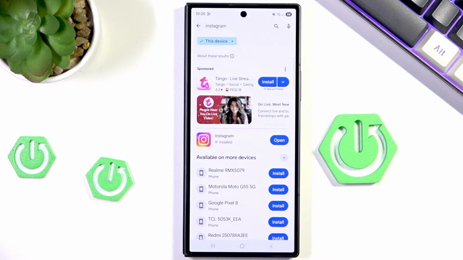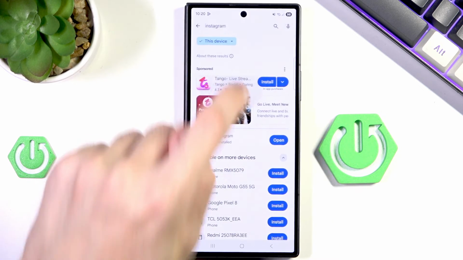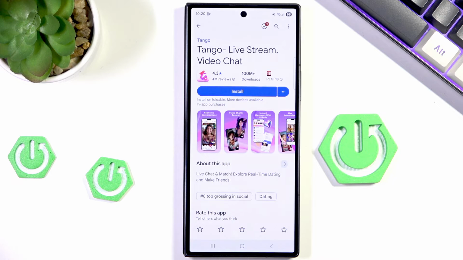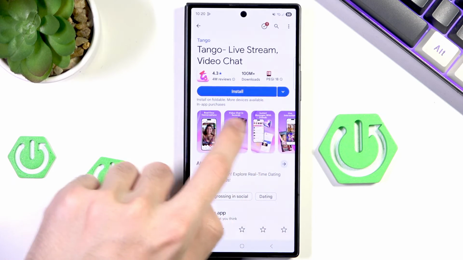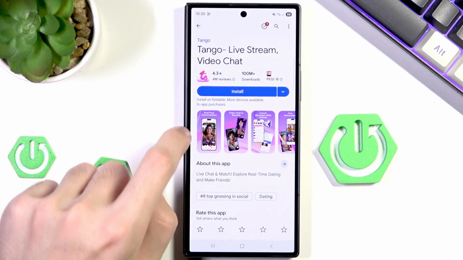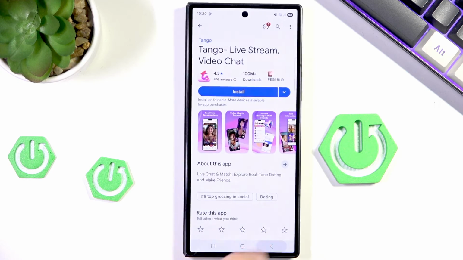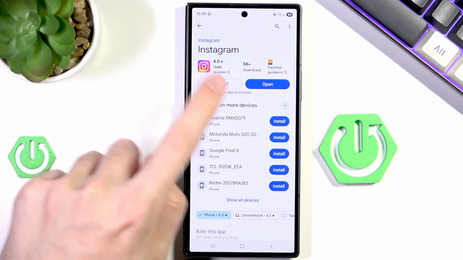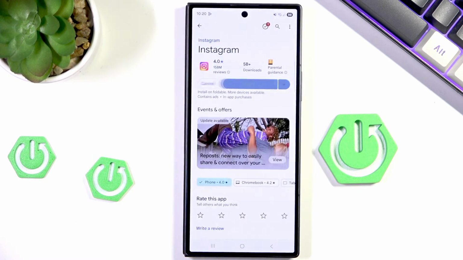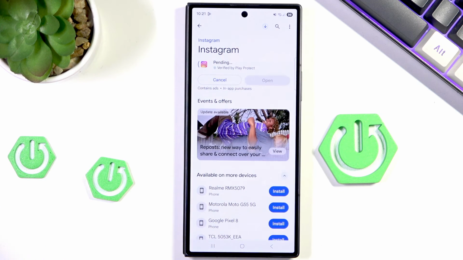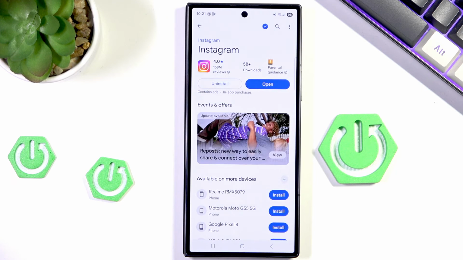Now, usually you want to ignore whatever is showing up in the sponsored area, because you will notice that this is some random dating app which is page 18, and like, what is this? So usually you want to go here, and I will simply uninstall it just so we can show you that you can just click install, and to be honest, that's all you really need to do. Now you can simply hit open and you can log into your Instagram account and just waste your time